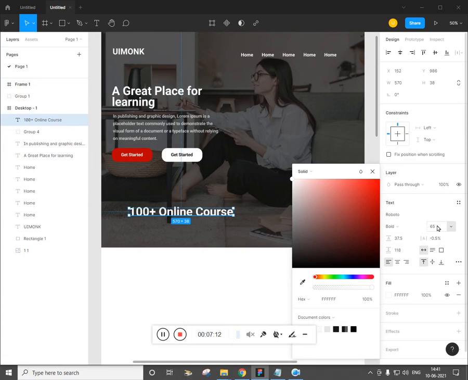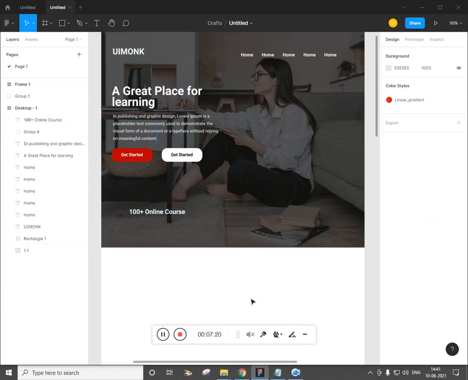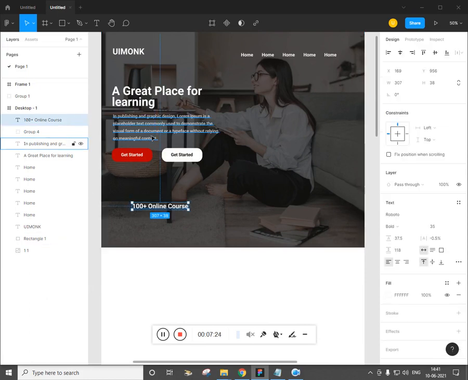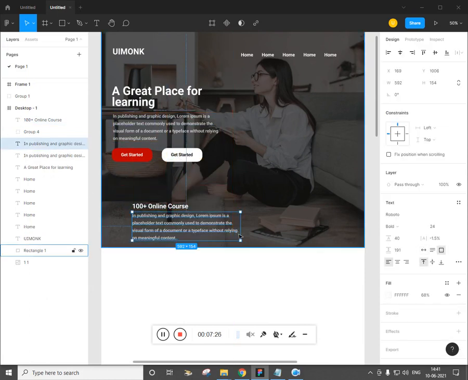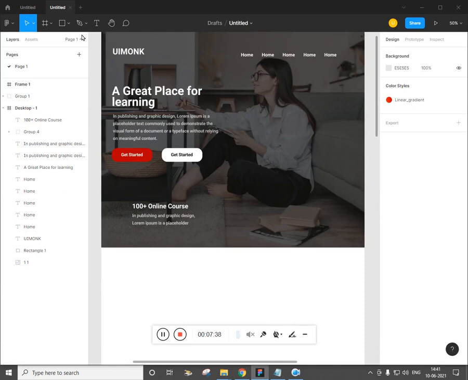And decrease the font size, let's say 25 or 35, and Alt drag to duplicate. Make this smaller and remove the unnecessary text. We need only 2 lines. Cool. And make this smaller, and now just place the image.